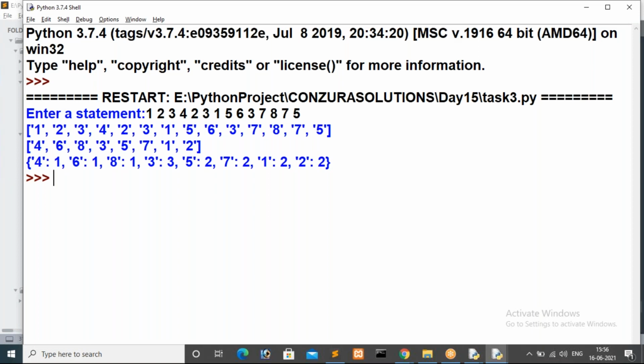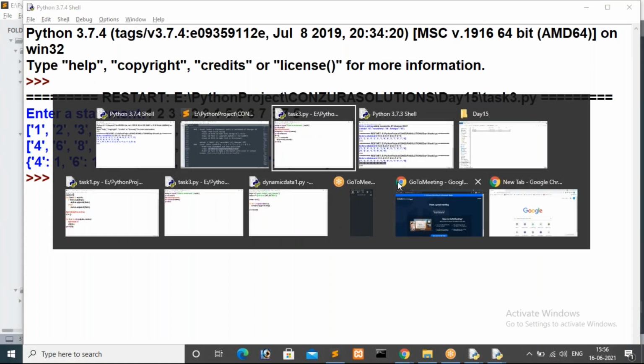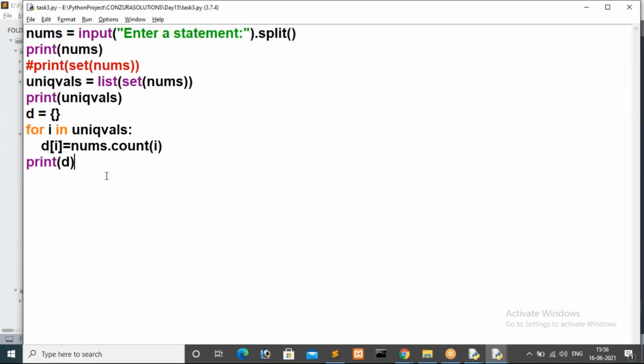That's it, the logic guys. Once you go with practical orientation, then no one will beat you guys. I'm damn sure to say that. We have to get clarity, and for getting that clarity we have to practice. Without practice you can't improve your programming knowledge, guys. I am very sure to say that. I hope this task 3 is also clear to you all.